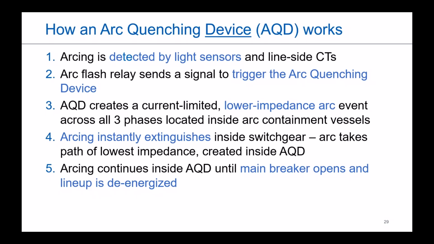And then typically, the way that at least it seems to work throughout the industry, so I know, like I said, there's multiple groups, they all seem to have the same end game. It's how they get there. Sometimes that will vary, but the idea is that they're going to have a lower impedance fault inside their quenching device that allows for the arc to be drawn from wherever it's occurring inside of the gear into that quenching device, extinguishing it in the gear. And the idea is then that our quenching device is able to maintain the arc until the main breaker can actually open and de-energize the lineup, taking the fault energy completely out of the equipment.